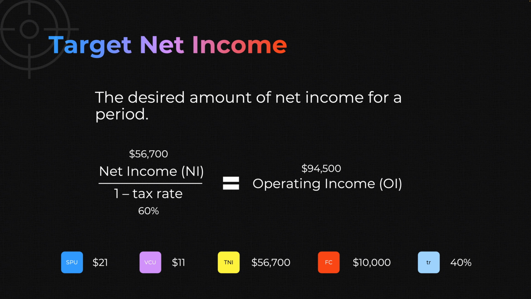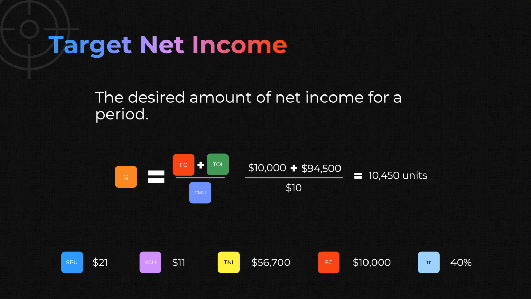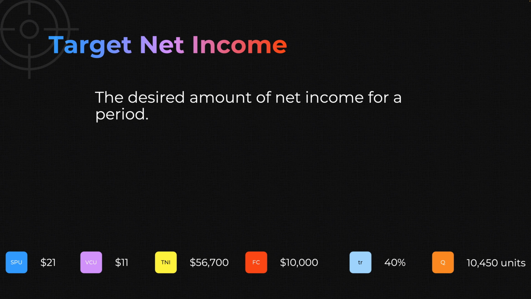income. And in fact, that 94,500 might look familiar to you because that is the same number we used in our earlier example. So if we have 10,450 units, that would be our answer. But let's just do the math fully to double check to make sure it all works. So again, we'll keep track of that number of units at the bottom, and we'll calculate revenues. $21 times 10,450 units equals